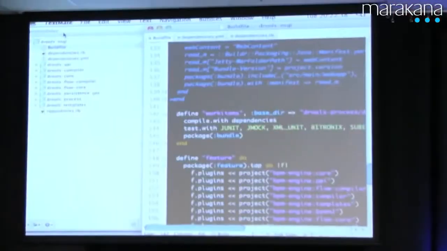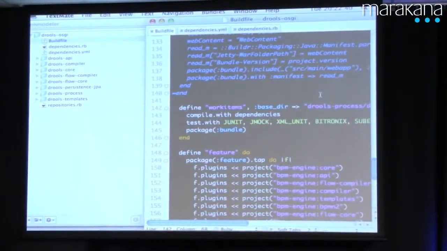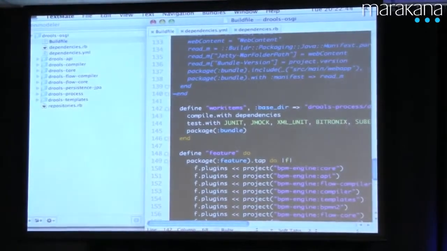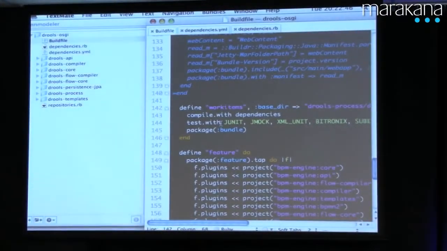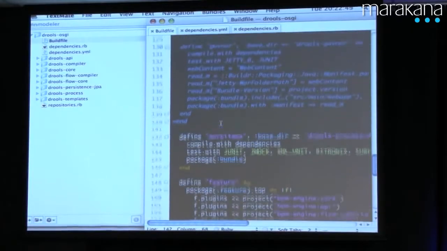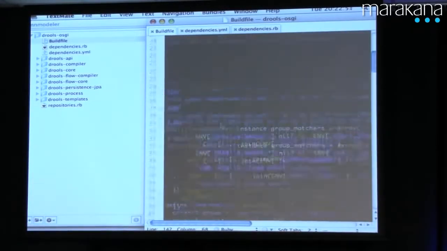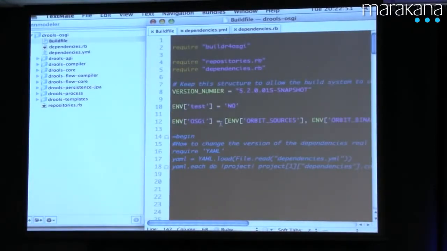So this is the Drools project. Anybody familiar with Drools here? Vaguely. Okay. Here is a typical build file. In here we try to take Drools, and Drools is using Maven. And we're not happy with that, because we wanted to package Drools in an OSGi compliant way. So pretty much, you had to change three entries in each manifest every time. And it's pretty hard to maintain.